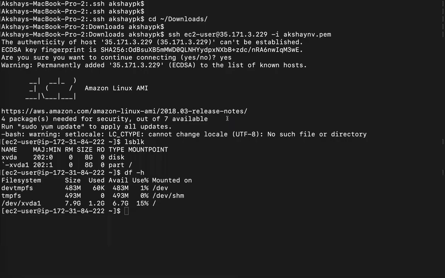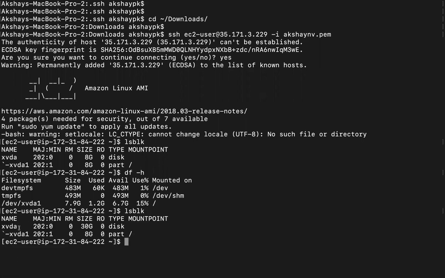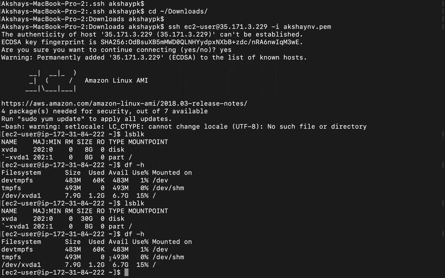Let's go back to our virtual machine and try both the previous commands. You can see over here, the xvda disk has now changed to 30 gigs. Let's go back to df -h. Right now you can see that there is literally no change on the file system that's mounted on root. You can still see 8 gigs over here. Now this 8 gigs has to change to 30 gigs to reflect the new size of that disk.